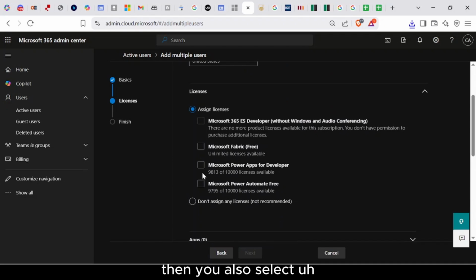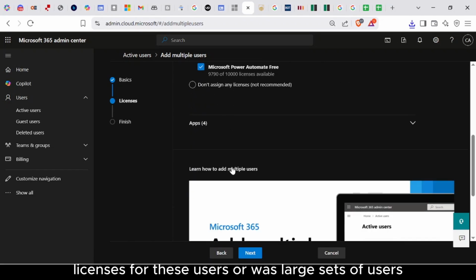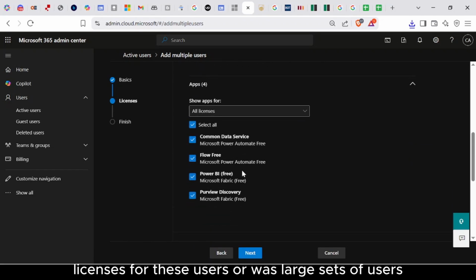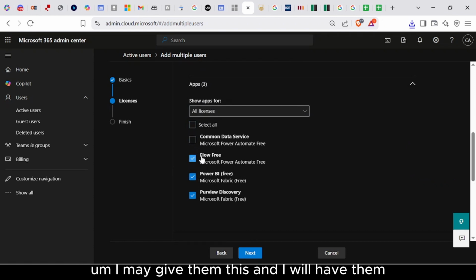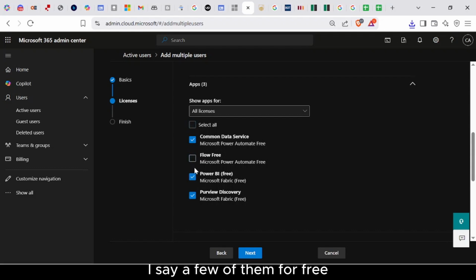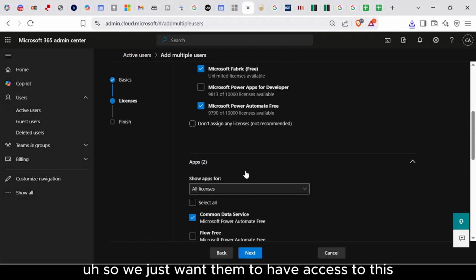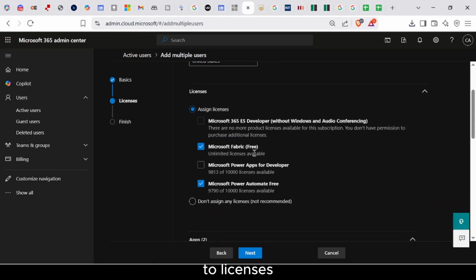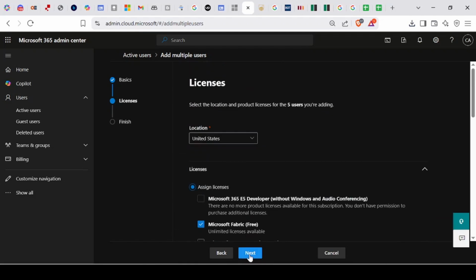Then you also select licenses for these users, a batch set of users. I'm going to give them another thing, let's say Flow for free. So we just want them to have access to this, so licenses, applications rather in this case, and we go